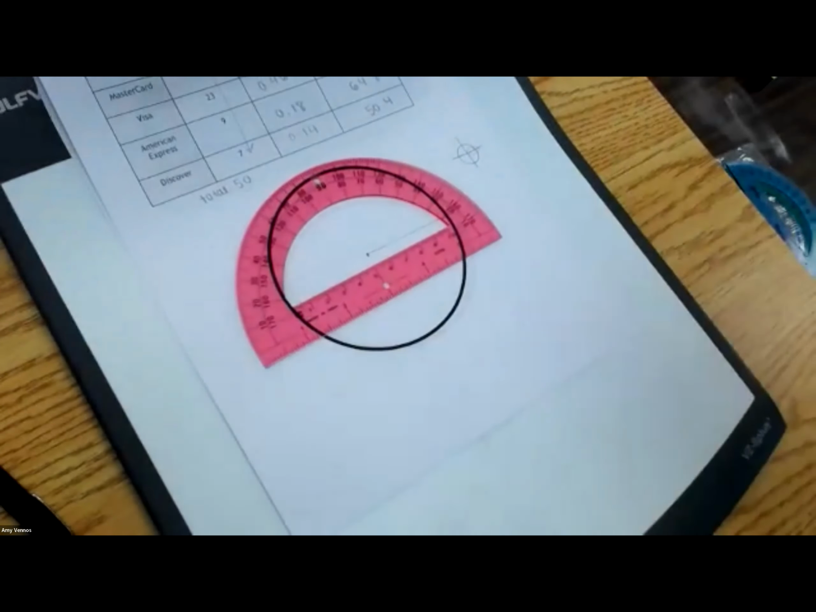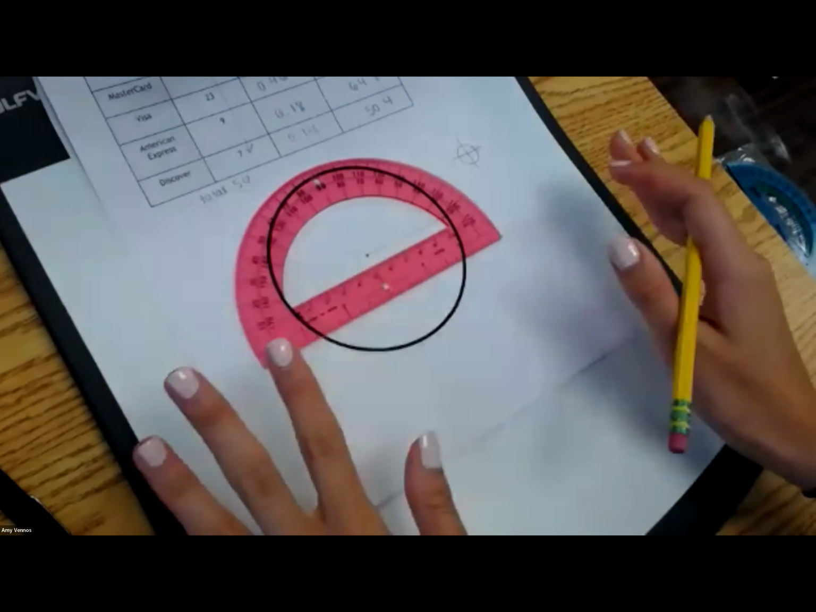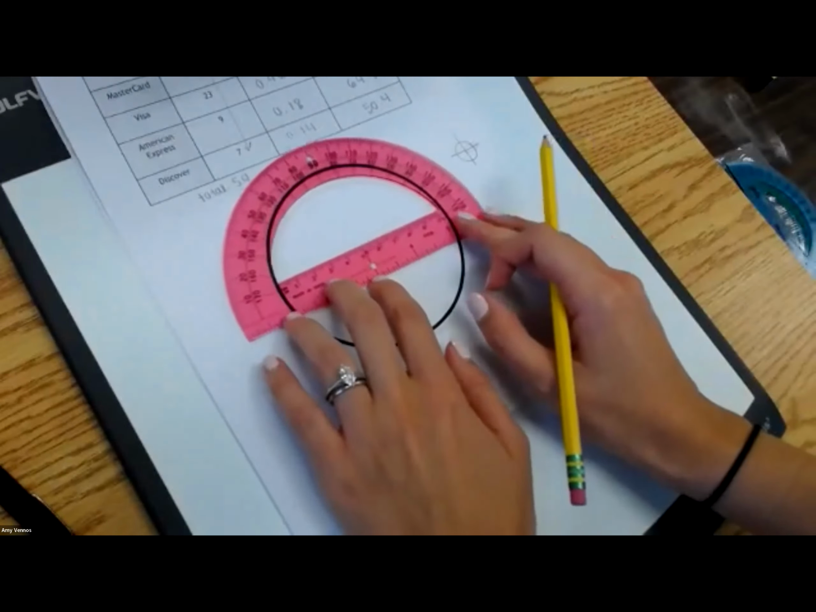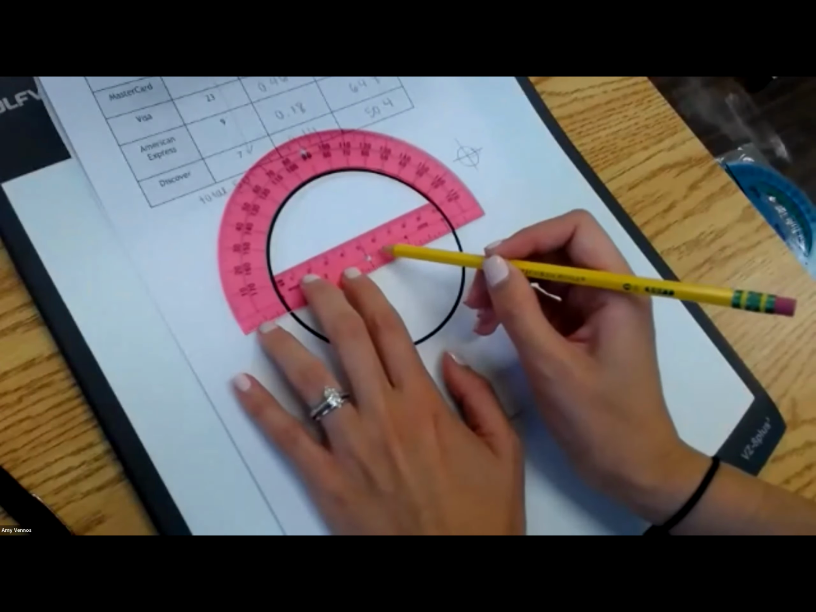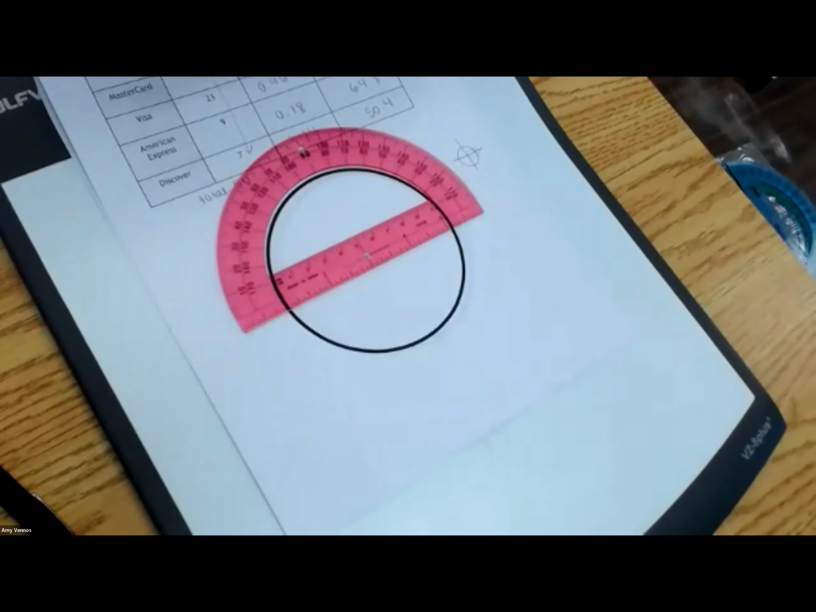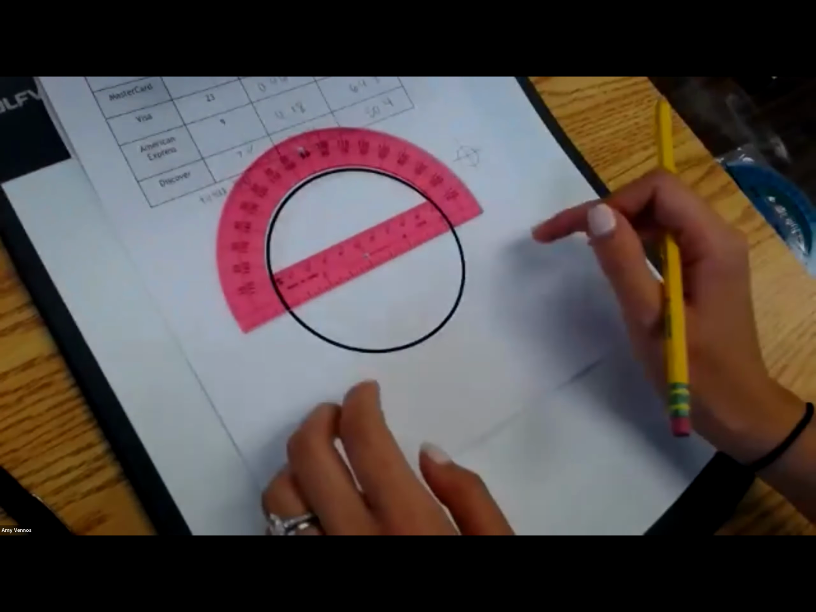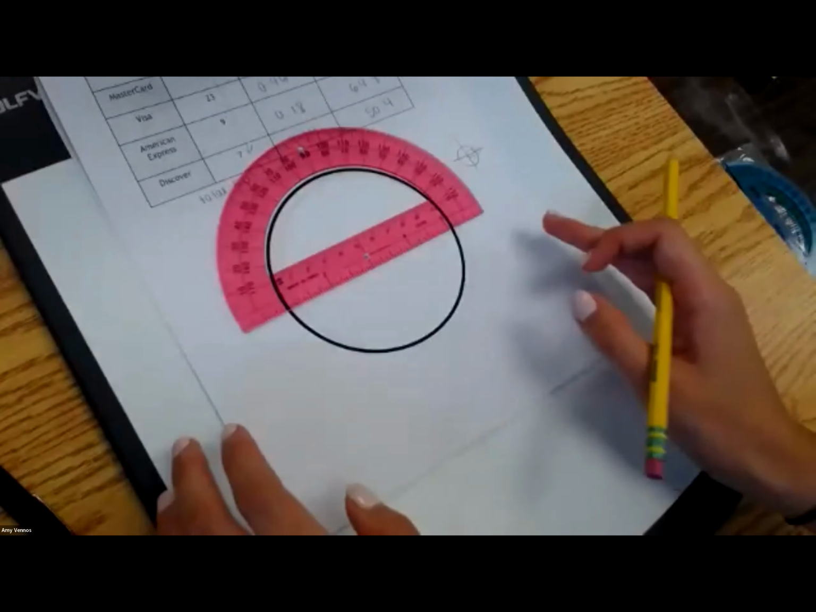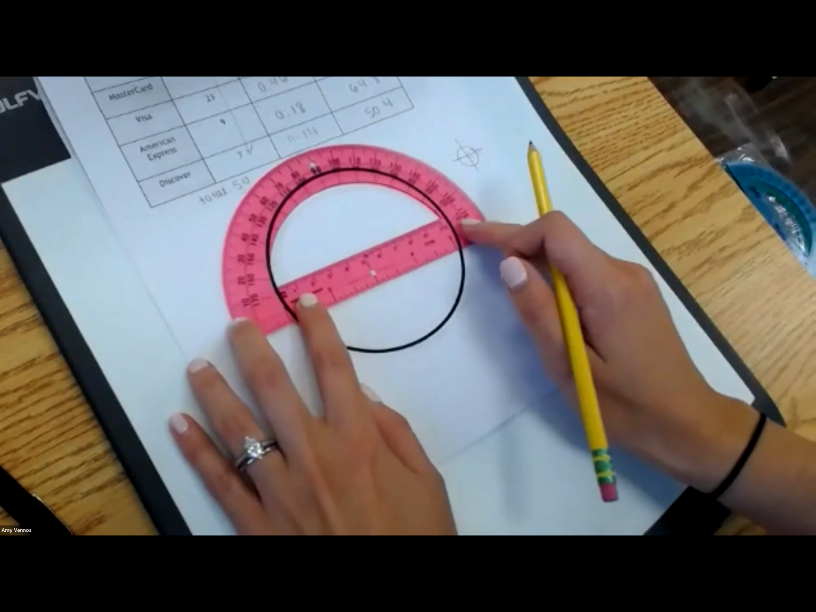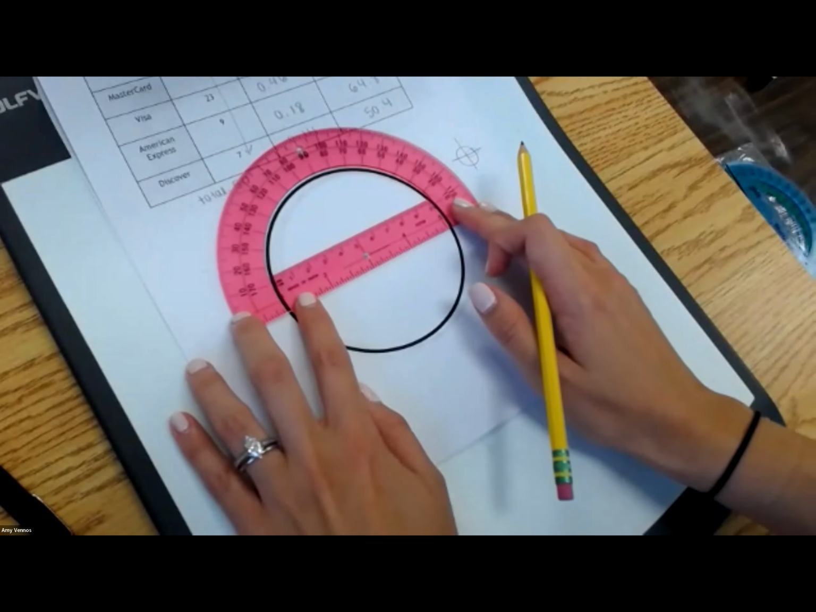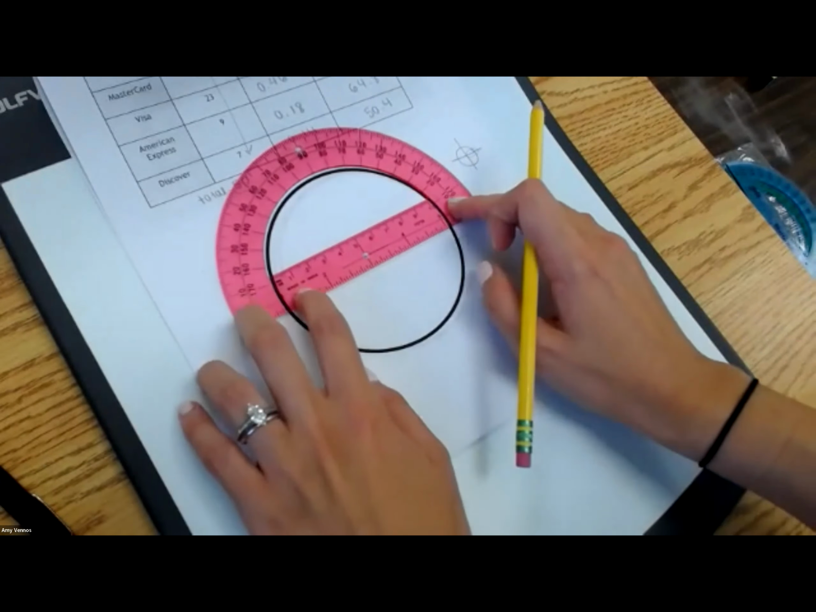Okay. First thing we're going to do, we have to make sure our protractor is in the right position. And what I mean by that is you're going to take the center dot here and align it with the dot that you drew in the middle of your circle. Okay, and to make sure your protractor's aligned right, you're going to make sure that this black line on your protractor is aligned with the line that you just drew. So it's kind of